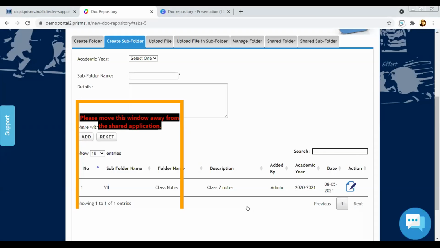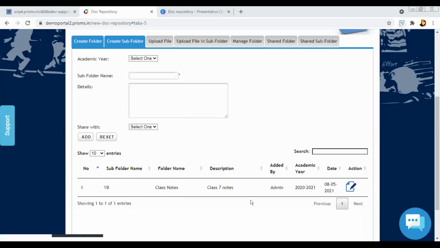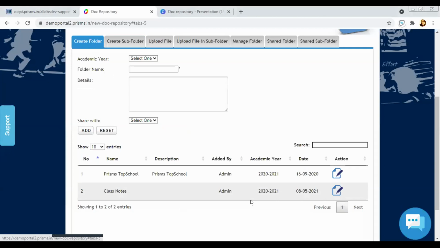Excuse me, Deepesh sir. Yes, sir. I have one question. Actually, this part is only for admin; can teachers also create folders or not? You mean to say teacher can create folder or not? Yes. I think there is a teacher login also, no, Viva?